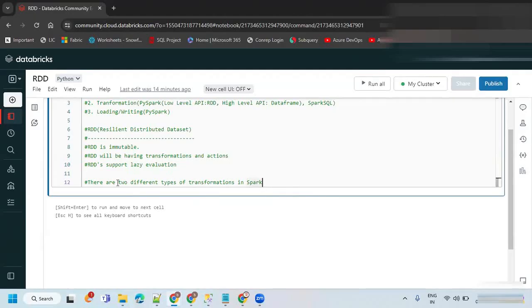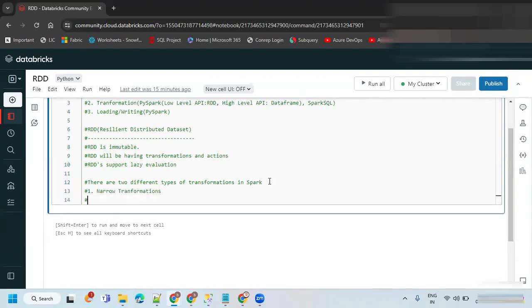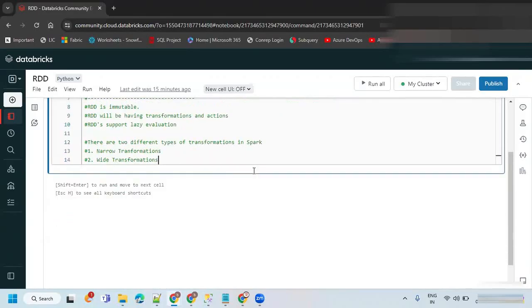We have two different transformations in Spark. One is narrow transformations, and the second is wide transformations. There are two sets of transformations we are going to have if you wanted to do the transformation.